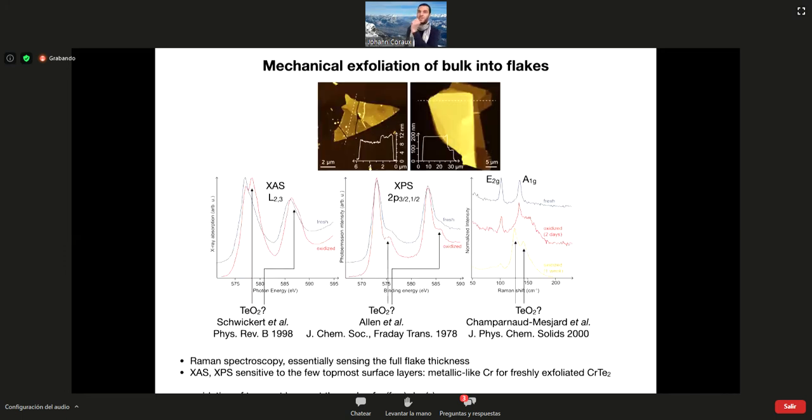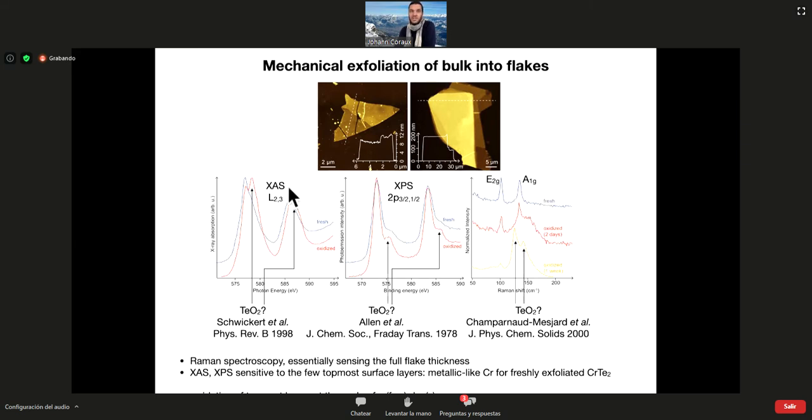Coming back to our results, I will start by showing you a few of our works on exfoliated chromium ditelluride. You see here atomic force microscopy topographs with a rather thin flake, 10 nanometers in thickness, and here a thicker one. We put these in UHV chambers, for instance at CRC, ALBA and nanospectroscopy in Electra, and looked at them with X-ray absorption spectroscopy, X-ray photoemission spectroscopy, and outside of the UHV also with Raman spectroscopy.